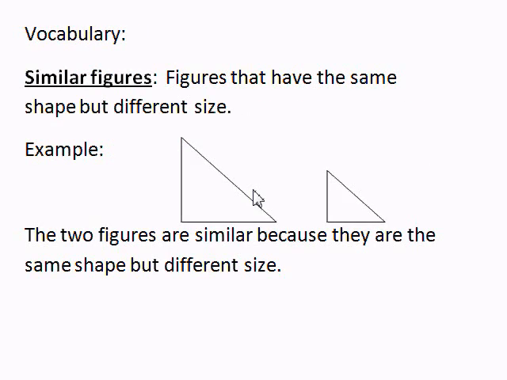To get us started, we've got some vocabulary to look at, the first of which is similar figures. Similar figures are figures that have the same shape but different size. For example, these two figures are similar because they're the same shape but different size. Now this isn't so important for this particular video, but also remember that they have to have all of the same angles,